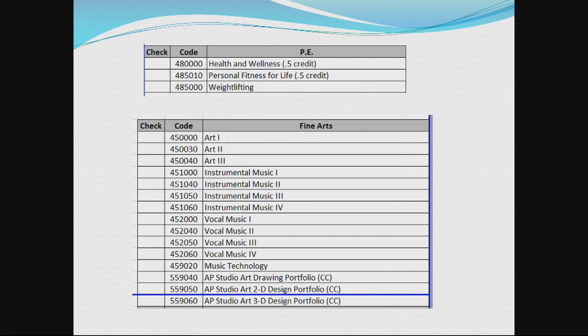We will now look at PE and fine arts. If you need PE or health to graduate, it's already been marked for you by your advisor. If you've already taken it, please don't mark it again. We offer year-long fine art courses. The first semester of your fine art class satisfies your fine art graduation credit. The second semester and any subsequent fine art class counts as career focus. Please note that you must have prior approval from Ms. King to be admitted into any AP Art courses. Let's move on to the next slide.